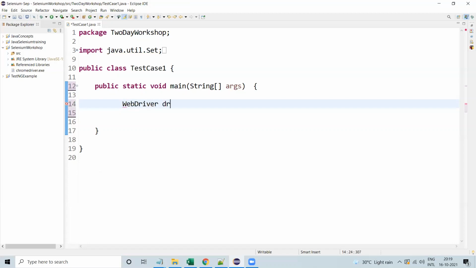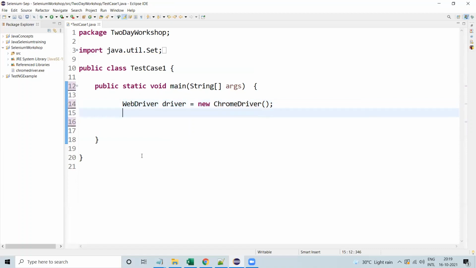The first line would be WebDriver driver equal to new ChromeDriver. Does anyone want to know what this line is telling? If you are clear, I will go to the next line.